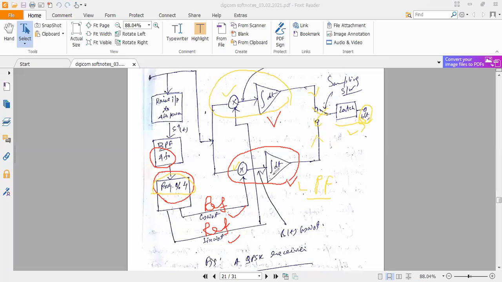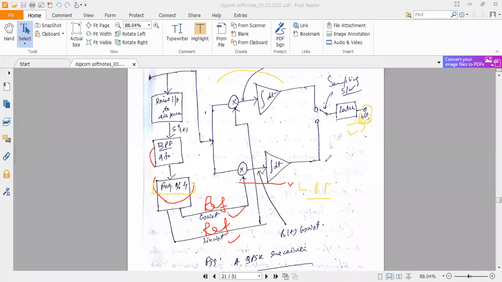Whenever we discuss any detector circuit, I have discussed in detail the purpose of using a low pass filter, how it filters its incoming signals, and what value we get from the low pass filter. Every time I have told you. So you should follow my previous lectures also for better understanding. You must follow the lecture videos.